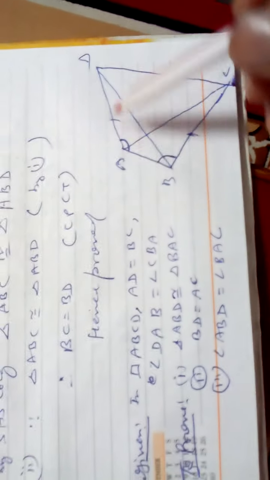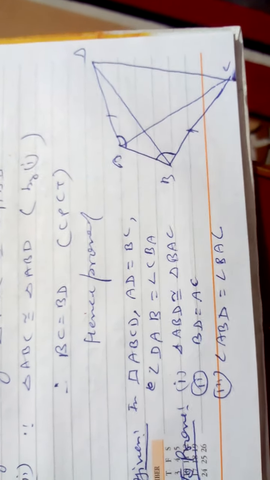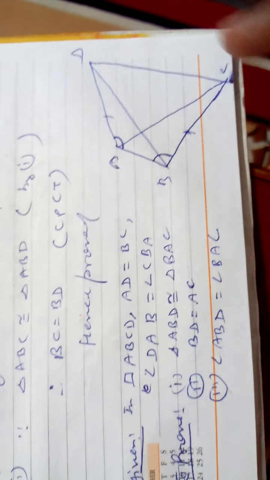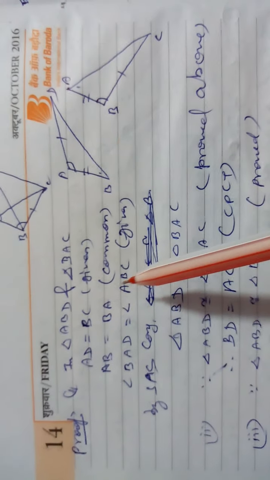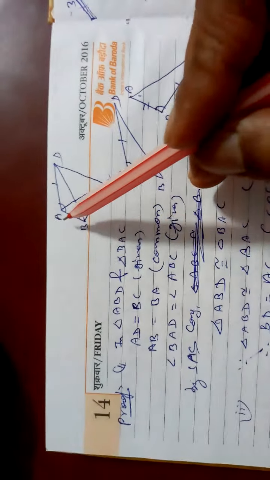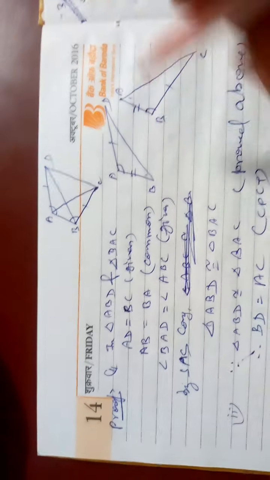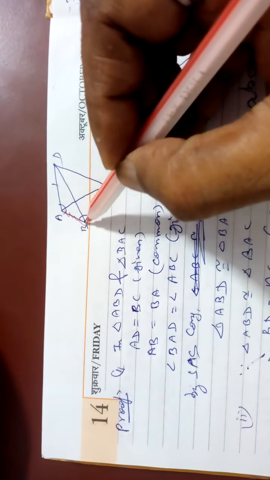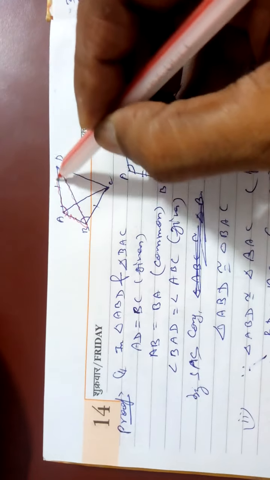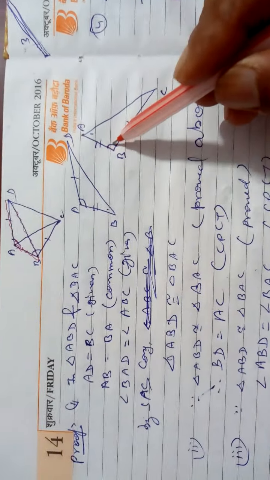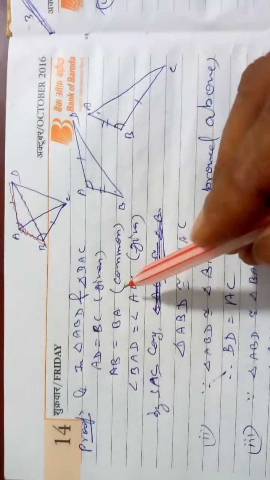First of all, we will write the given: quadrilateral. This is given. Draw the figure of what is given. Angle DAB equal to angle CBA. And these are the three proofs. Now proof first. In the first proof, triangles ABD and BAC, I am drawing a separate figure. ABD and ADC. I am showing you this figure. This whole angle is given, and this whole angle is equal to this one you are drawing.